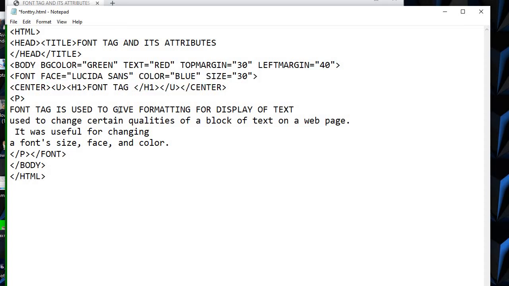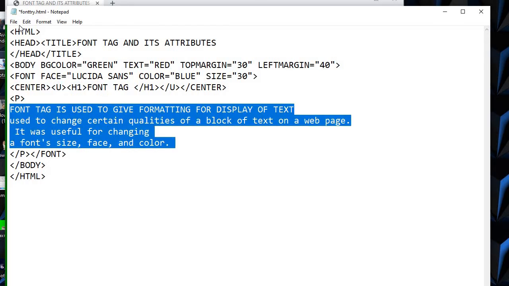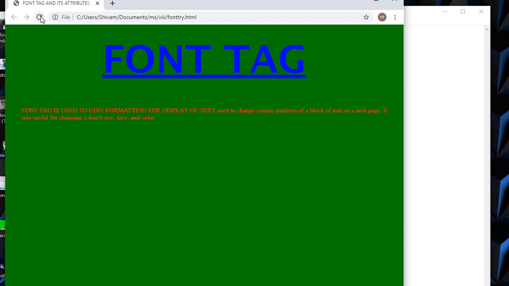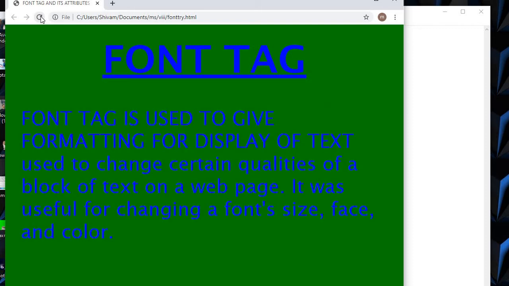So now font includes this also and font includes this also. We'll save the changes over here, go back to the browser and refresh the page. See this, the color has changed accordingly.